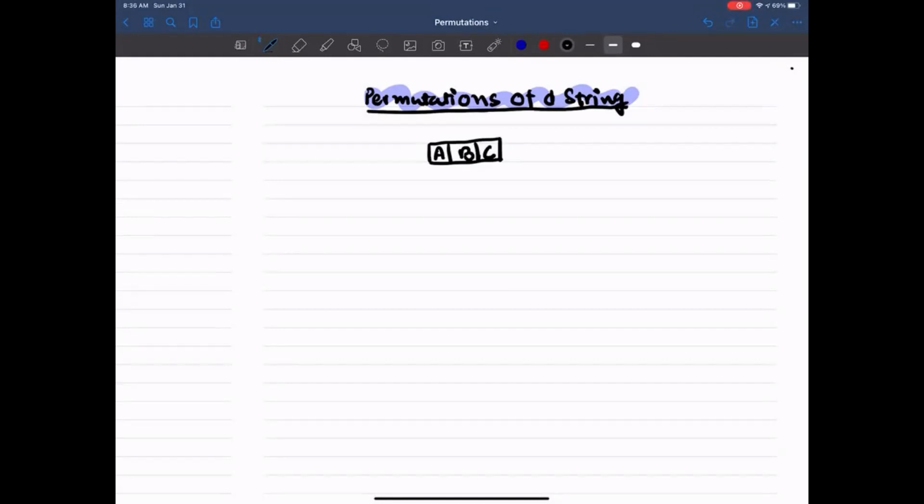As per this approach, I will fix none here, and then go to another level, where since I fixed none, it remains A, B, and C. After that, I will fix A,